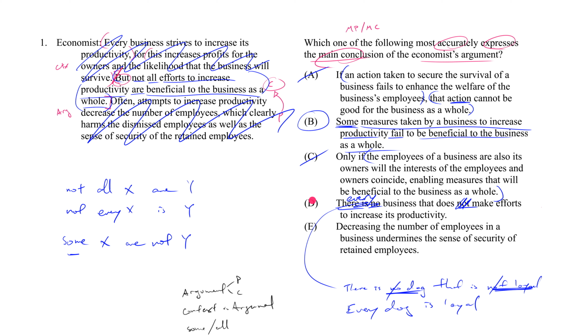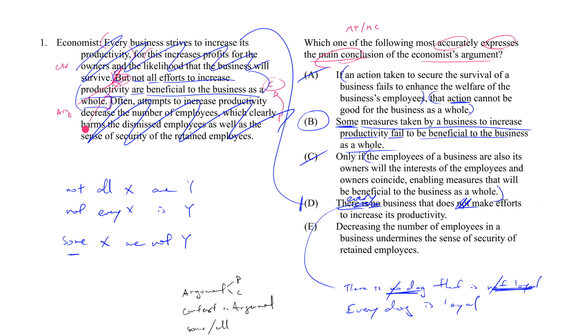Now, I said it's interesting because this does match something in the stimulus. It matches this part of it. Look at this: every business strives to increase its productivity. That's exactly what every business makes efforts to increase its productivity says. Now, it could be that the economists wanted to argue this, right? It could be, but you have to imagine now,